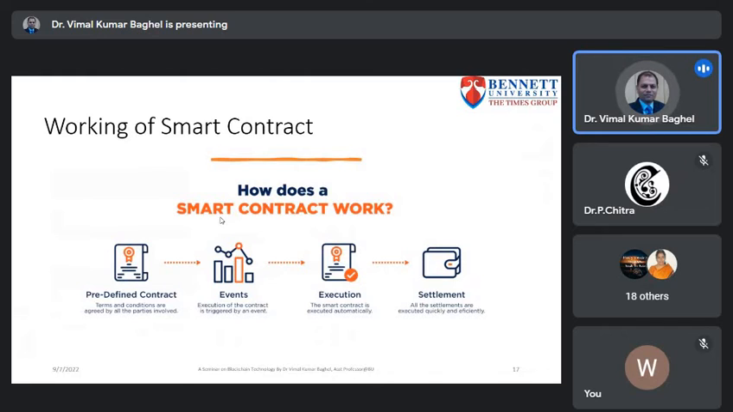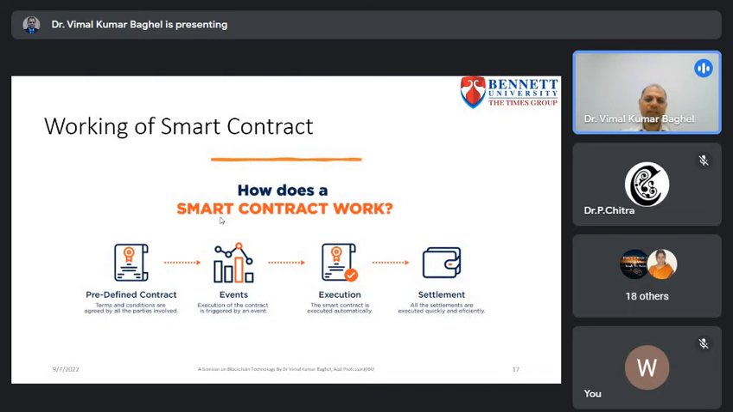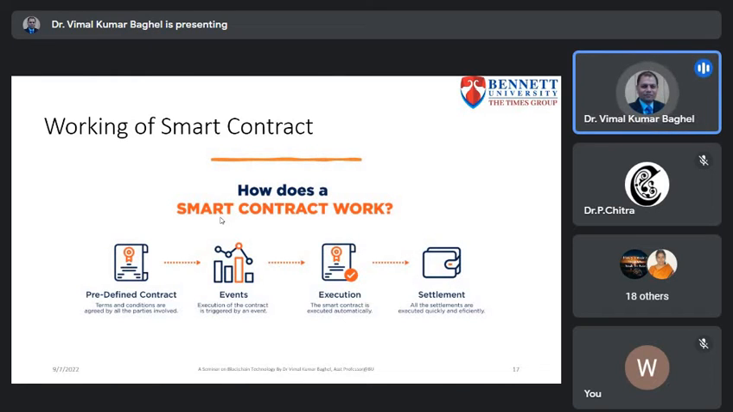Okay, so with the help of this slide, we can further understand how the smart contract basically works. There are some predefined contracts that consist of the terms and conditions agreed by all the parties involved in the business, and then that predefined smart contract is executed and triggered as an event. With the help of a smart contract writing language, we are creating that smart contract, and the events are executed